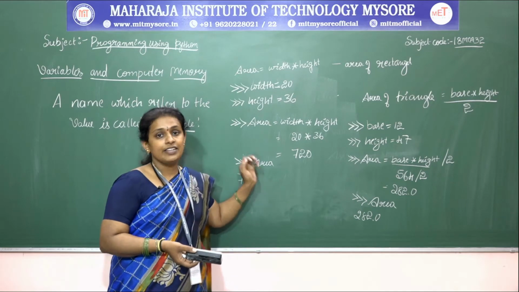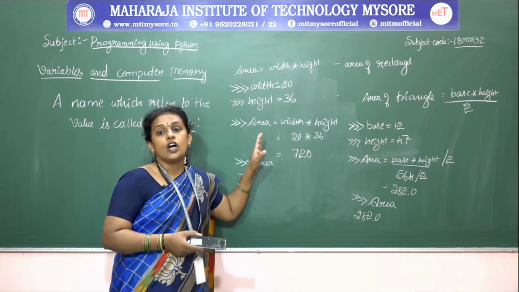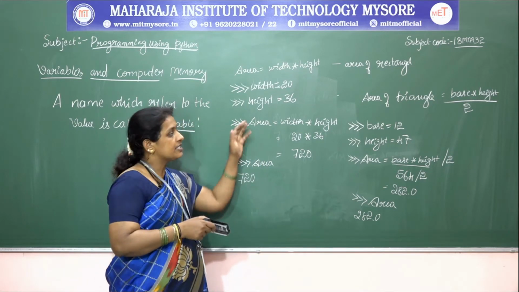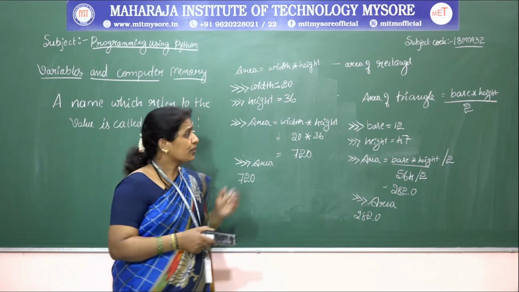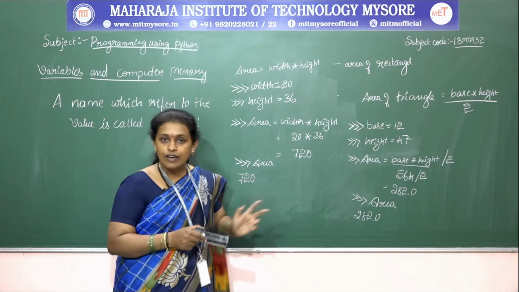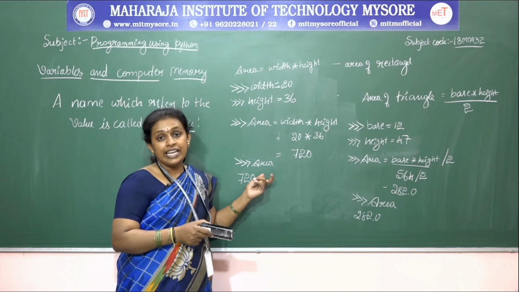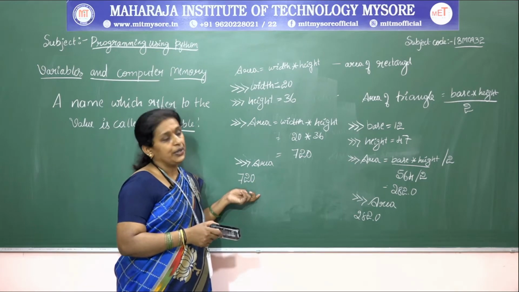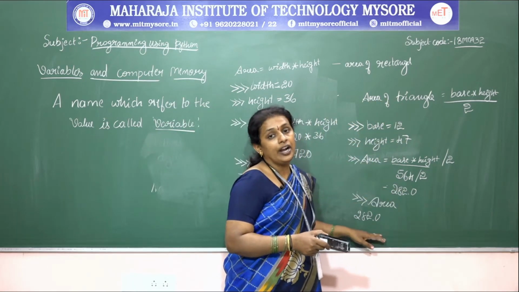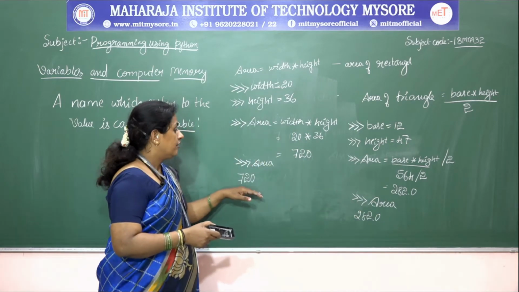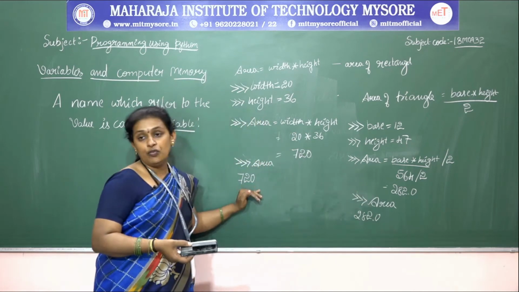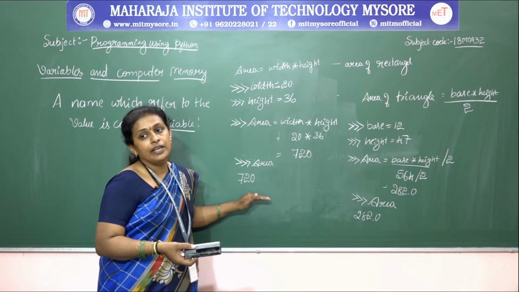So with respect to this, when assigning a value to a variable that already exists, it does not create a second variable. Instead, the existing variable will be reused, which means that the variable no longer refers to its old value. So with respect to this program, the area will contain 720. When I execute the area of triangle, the area value will be 282, and when I want to print the area once again, it will print only 282. The old value which is stored in the variable will get erased.